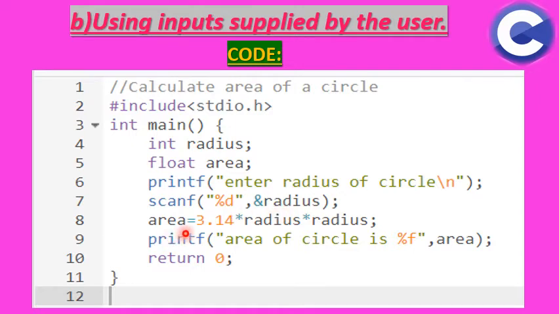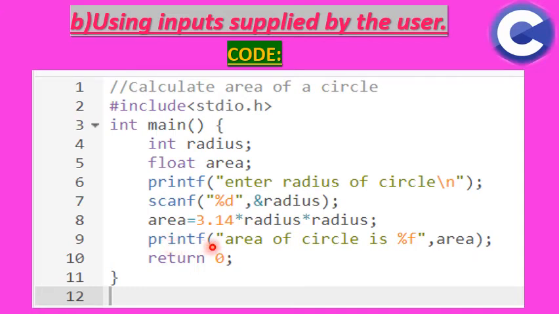So now your area, which I have declared here as a float, will carry the value of 3.14 into radius. Here this asterisk symbol denotes the multiplication sign in the C programming language. So here your area is 3.14 into radius. This radius will depend upon the input given by the user using the scanf function. Then your semicolon, the instruction terminator. Now your area is calculated, so the value of your area is under the variable area.